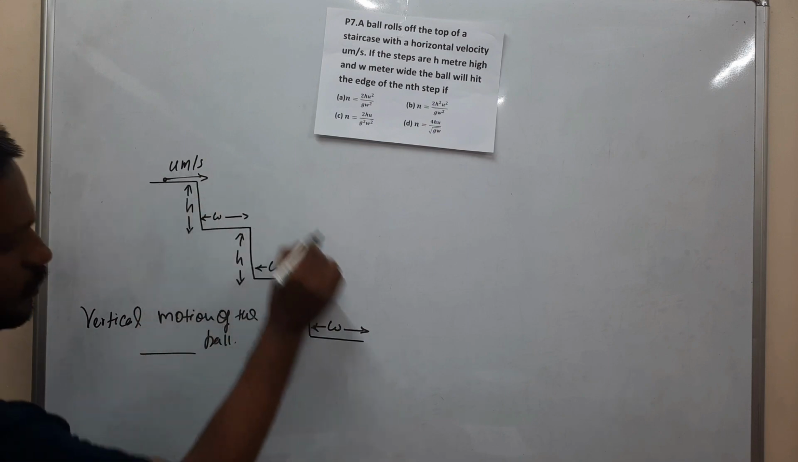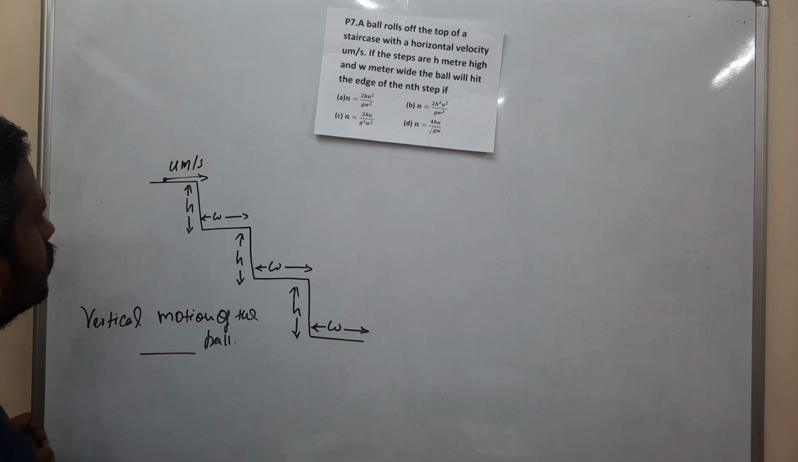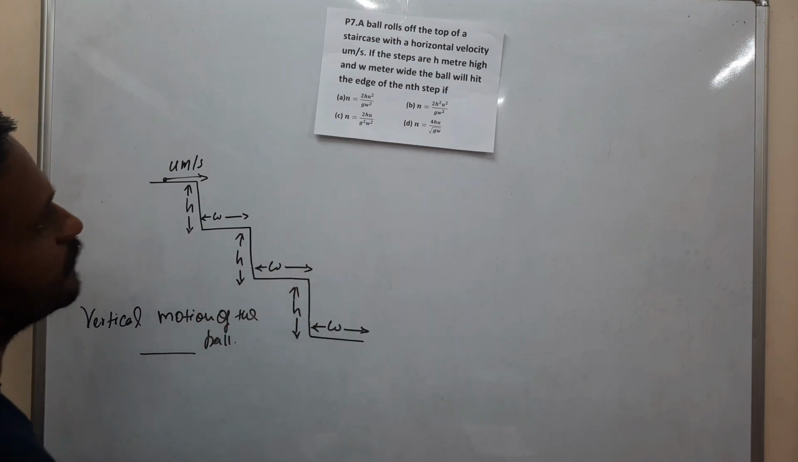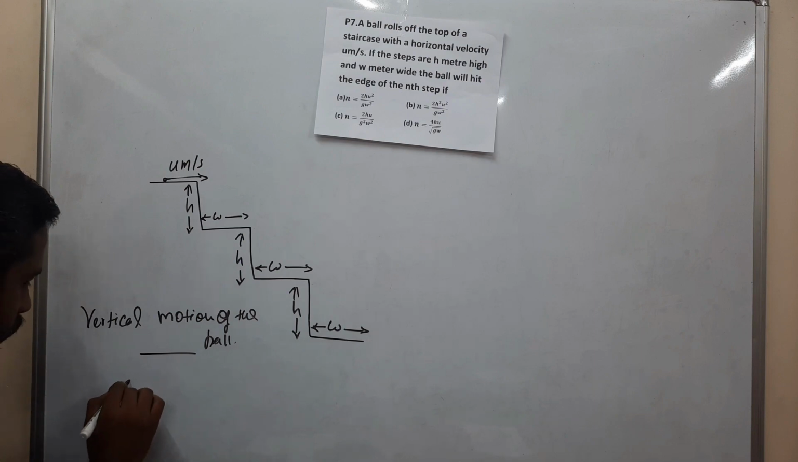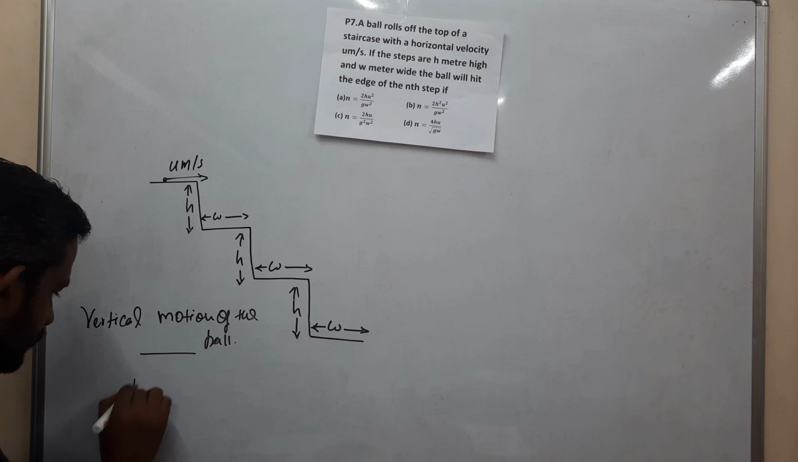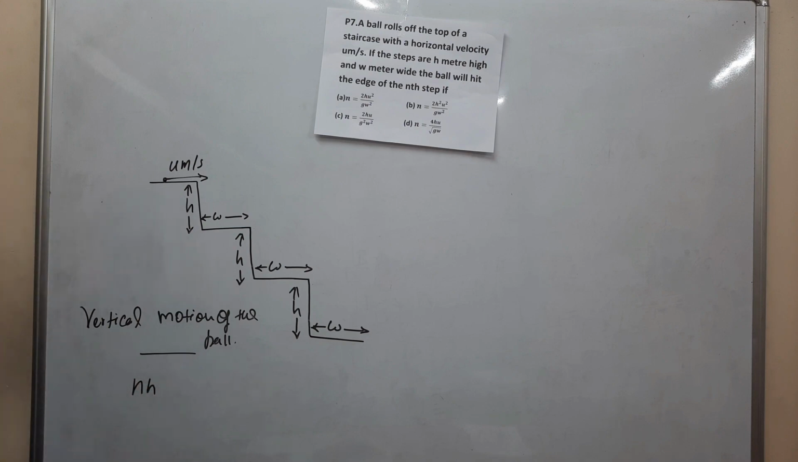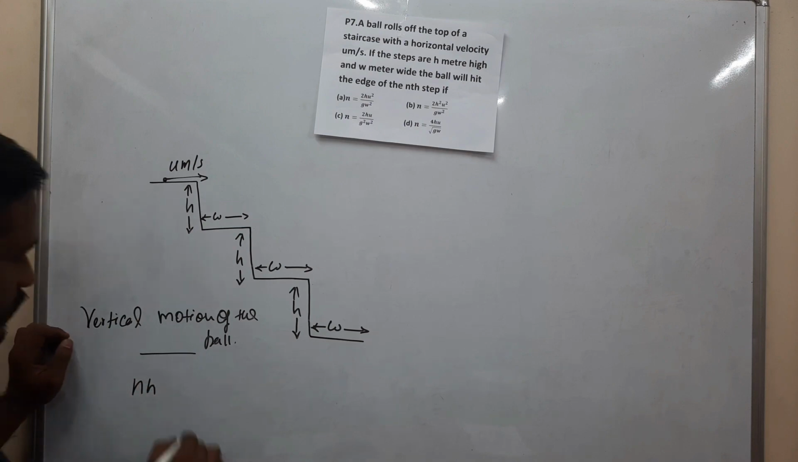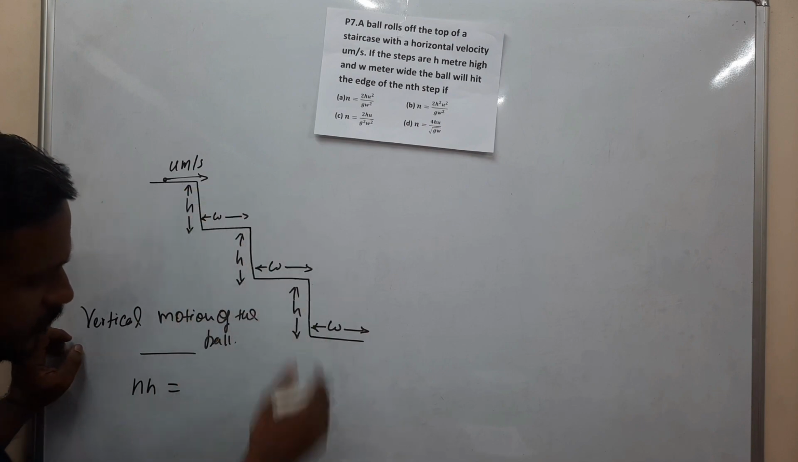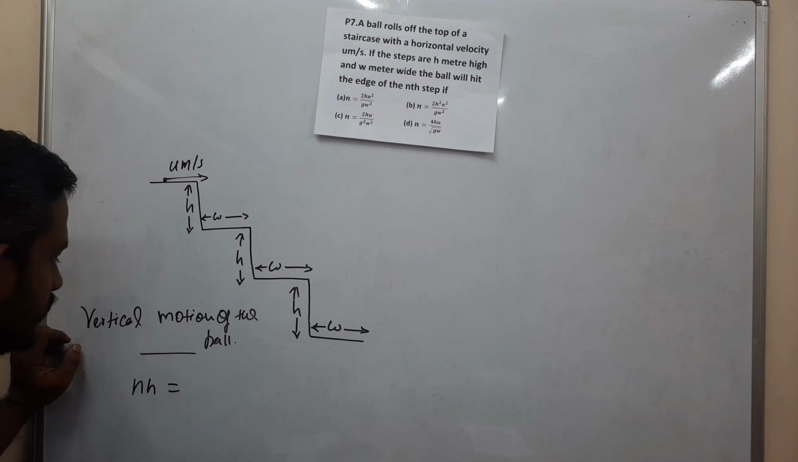So from this point to this point, it will hit the edge of the nth step. So it has n steps. What is the total height of the vertical motion? That is nh. So nh is equal to,